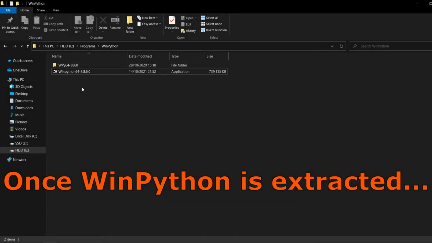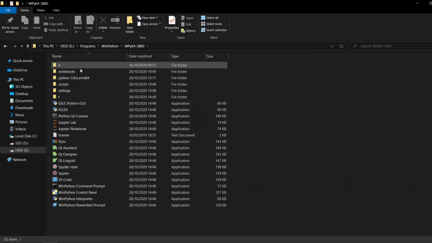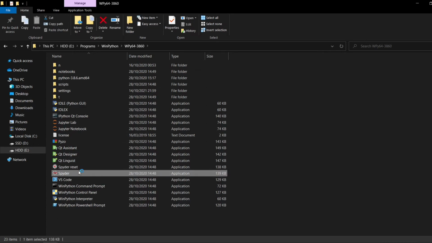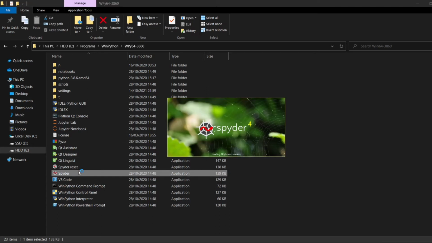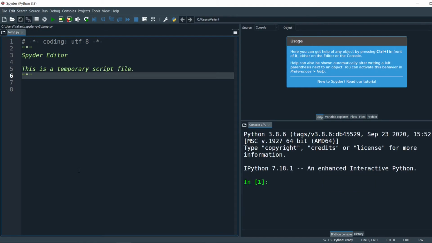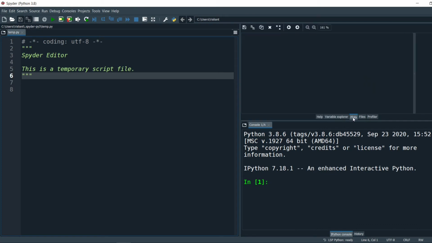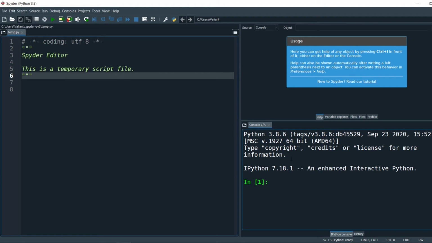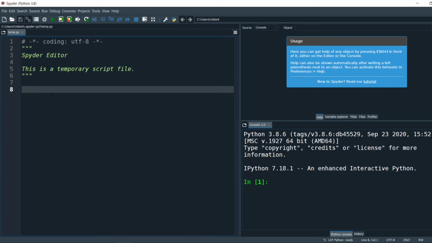Now, inside the folder, click on Spyder and the environment will load. Here you have everything you need to start programming in Python. On the right, on the top section, there is a window especially used to see the variables and the plots that you create. On the bottom section, there is the console where you can write some lines of code before including them into your script, and it is also used to see the outputs of your script. And on the left, all the space is dedicated to write your code.